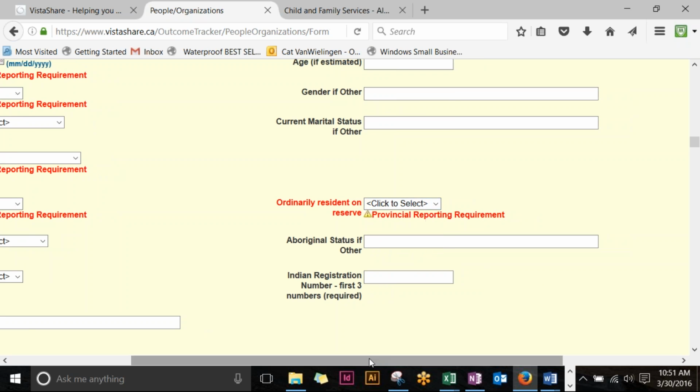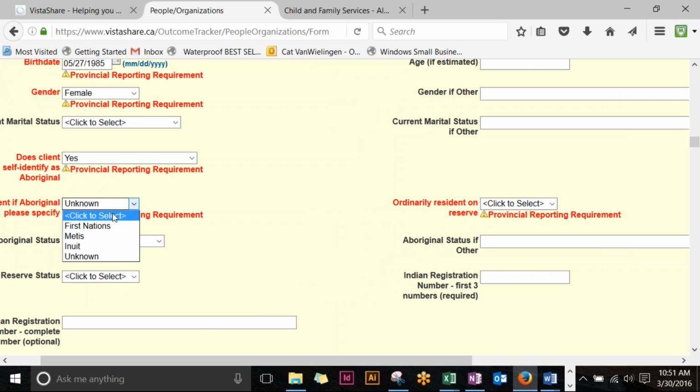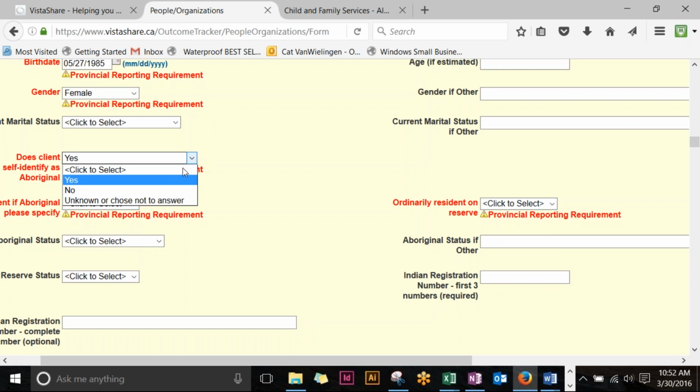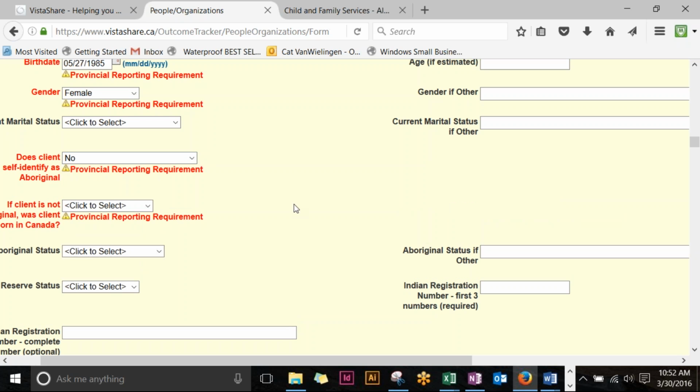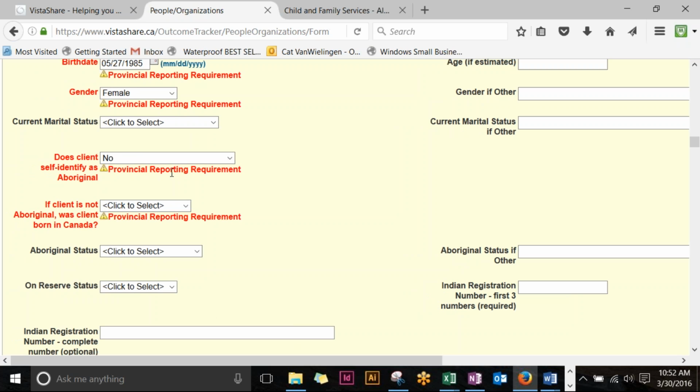So I'm going to just unselect all of these options. Because we are going to change our response to this initial question, we have to remove all the data we've entered to these follow-up questions in order to return to this top question and change it. So if a client doesn't self-identify as Aboriginal, we are interested in understanding whether that client was born in Canada or not. So if they were born in Canada, then we're not collecting any more information. If they were not born in Canada and they choose no,